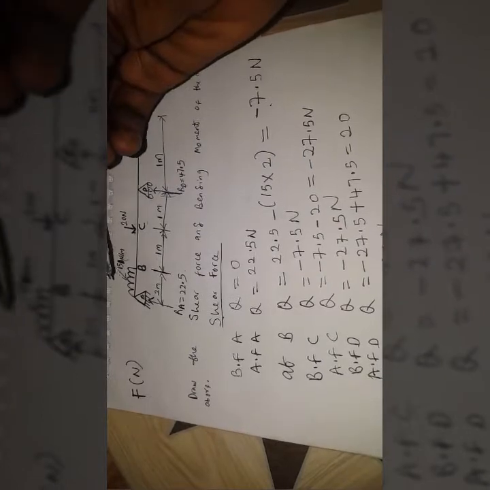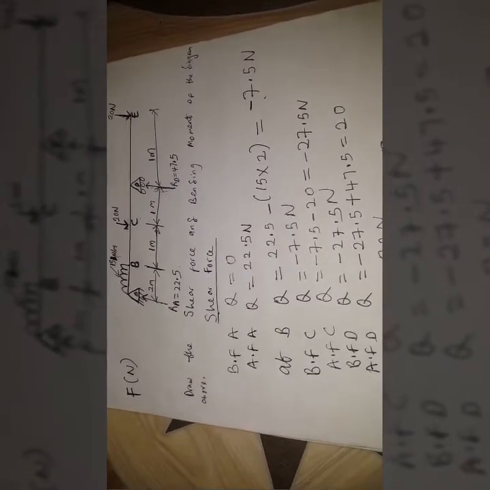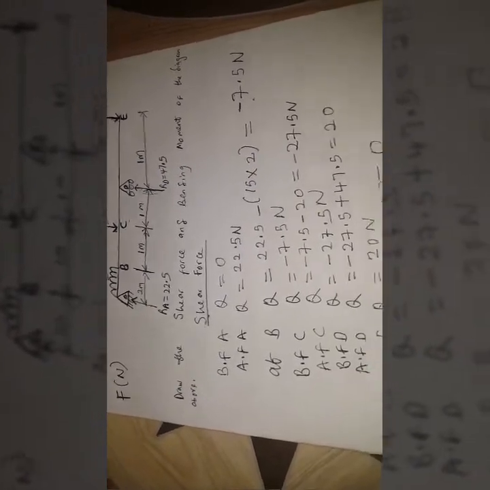So at point A, we are going to calculate the bending moment. At A, our bending moment MA will be equal to 0. That's at point A. So at B,